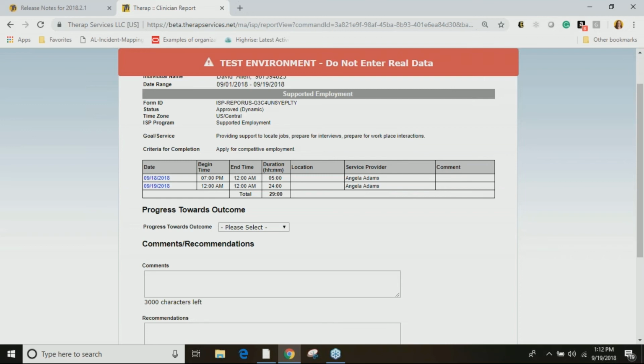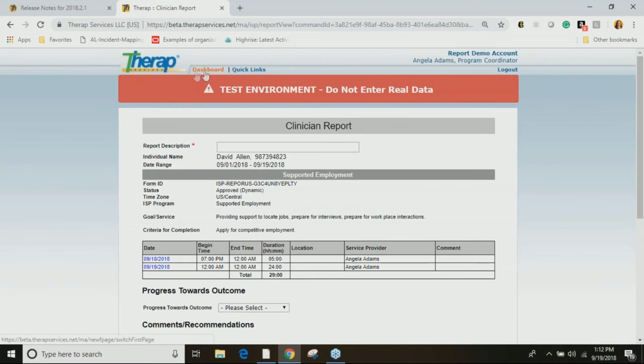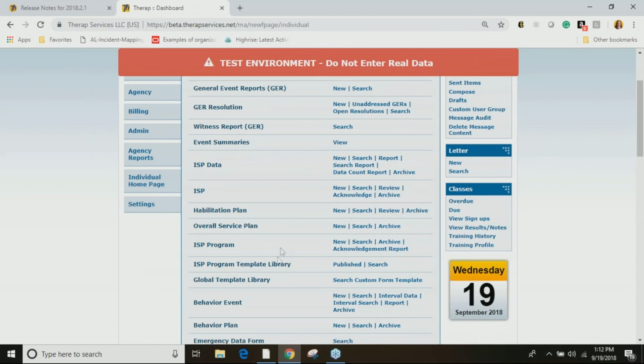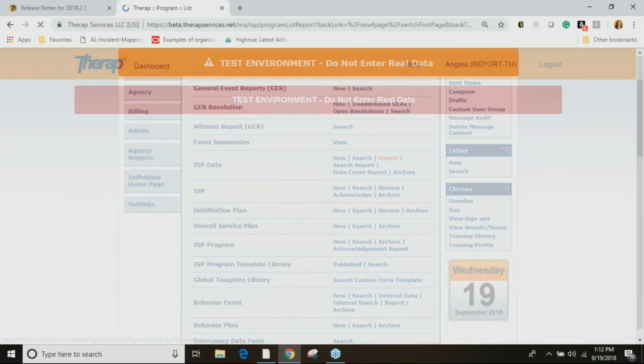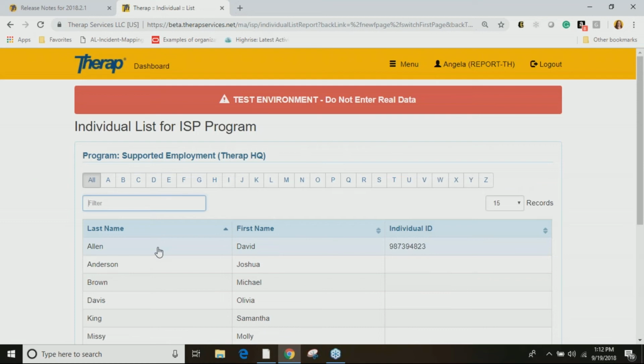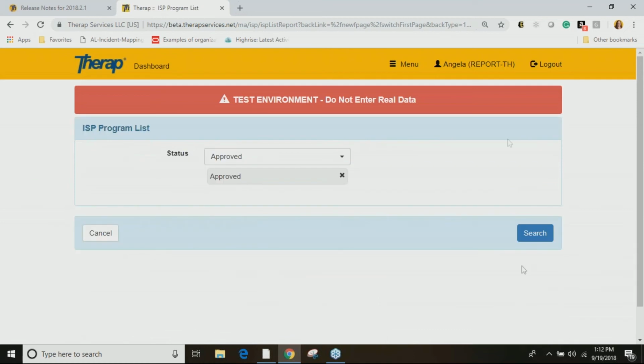Okay. All right, so let me go back up. I think you already saw a little preview of this. But those ISP data reports are changing to the new user interface. Very, very little is changing with the actual report. It's just that it's going to have this new look and feel once I get in there. Okay, this is really the only change.